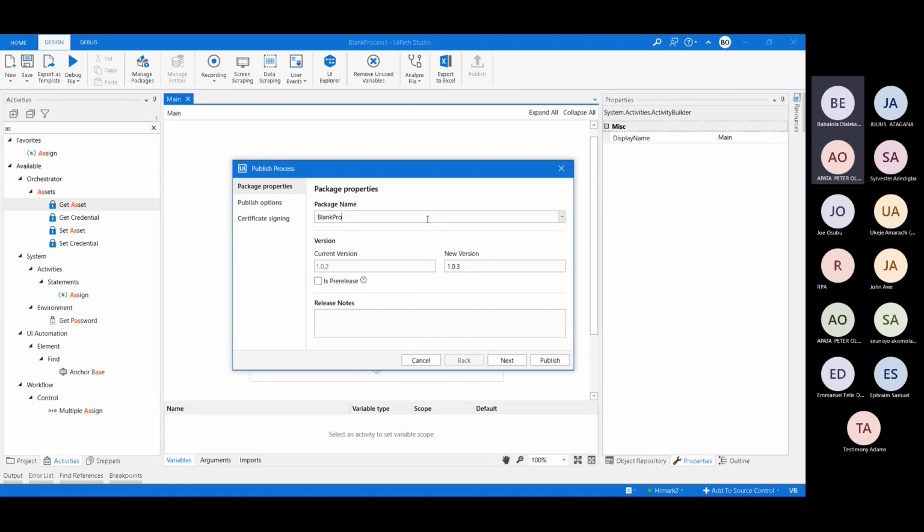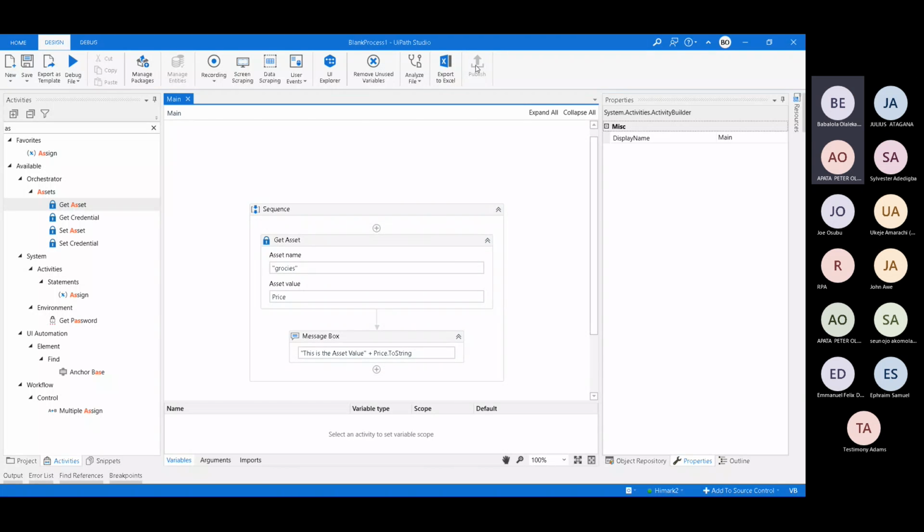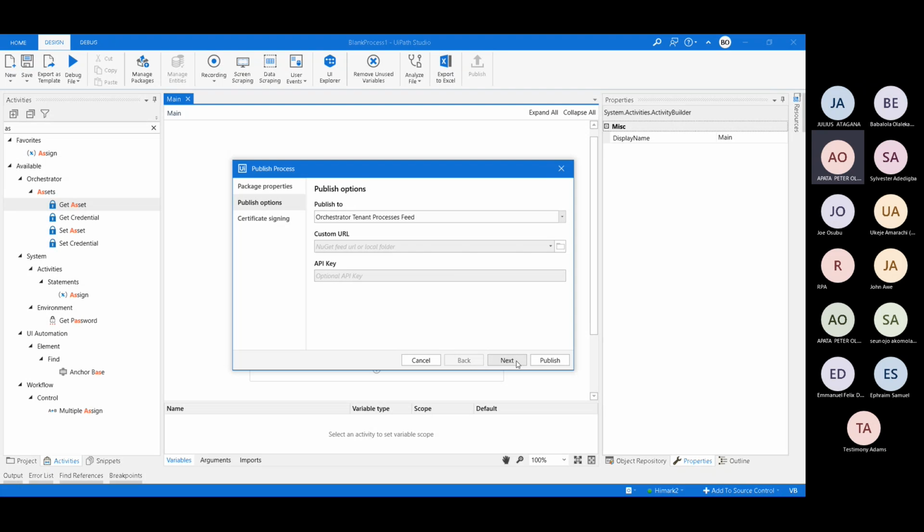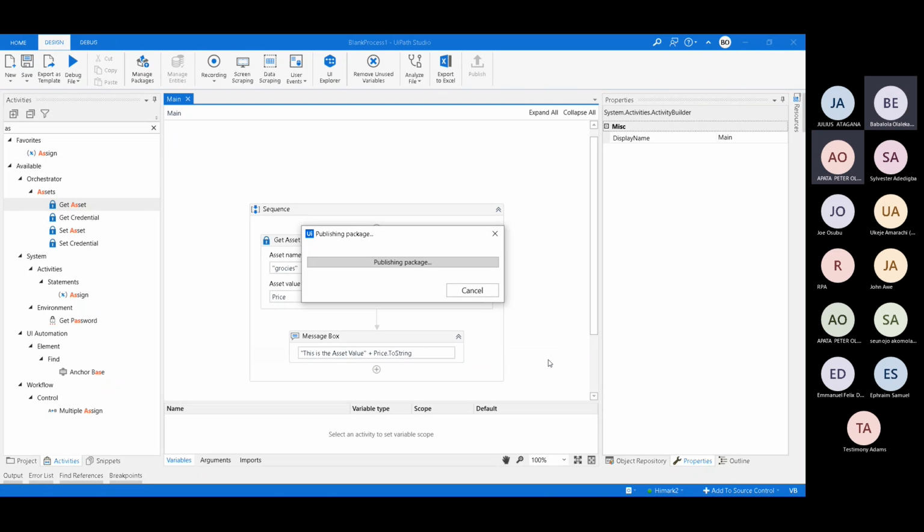Same name, incremental version. Okay, just push.